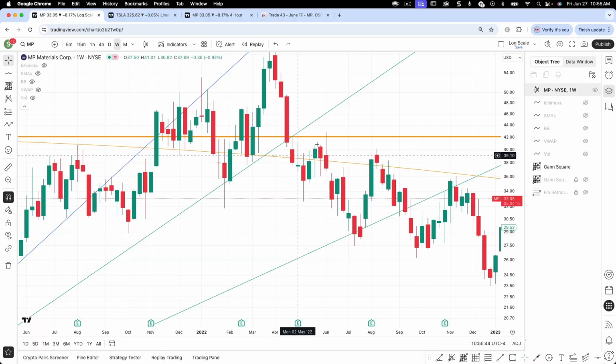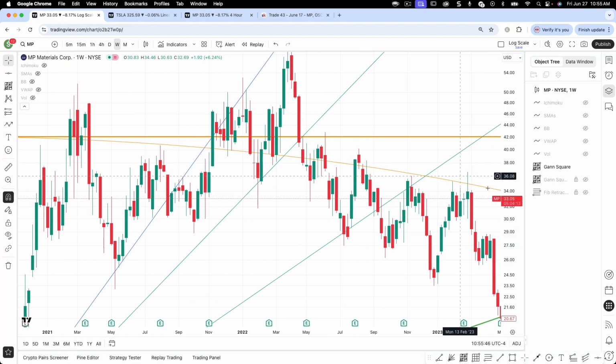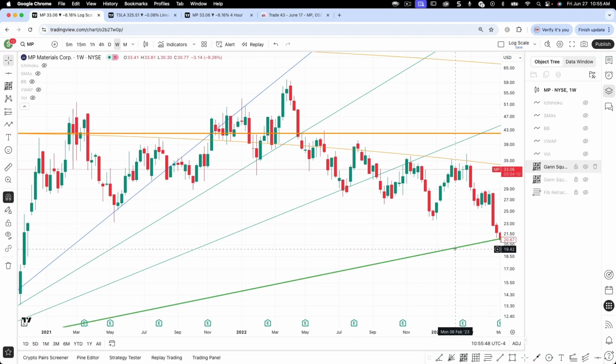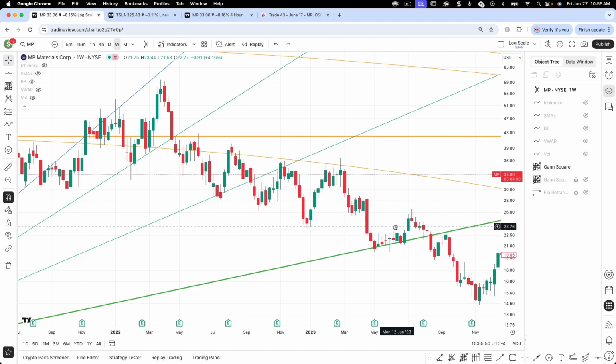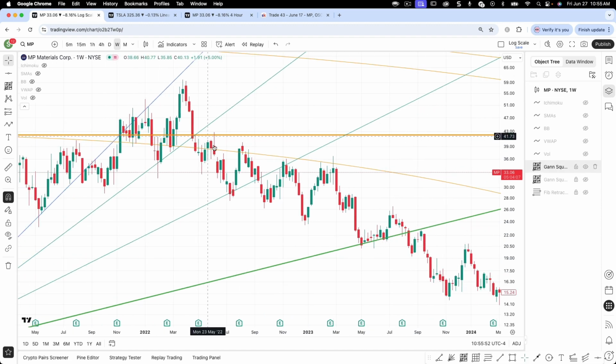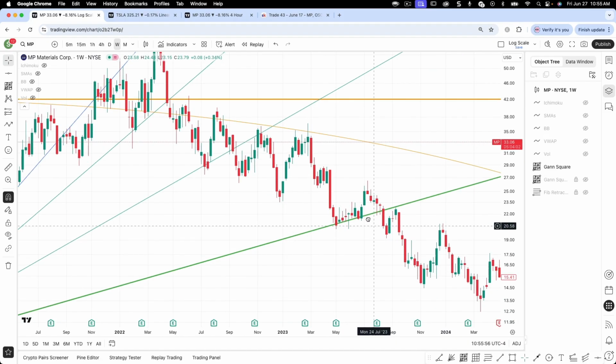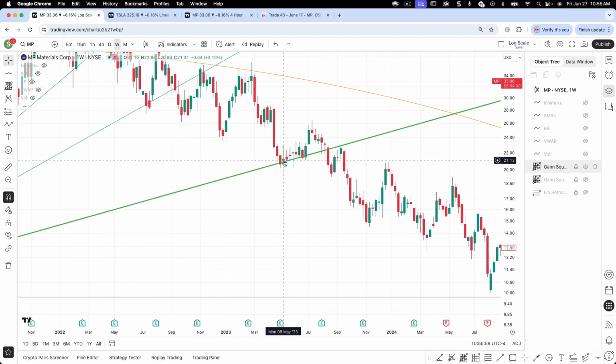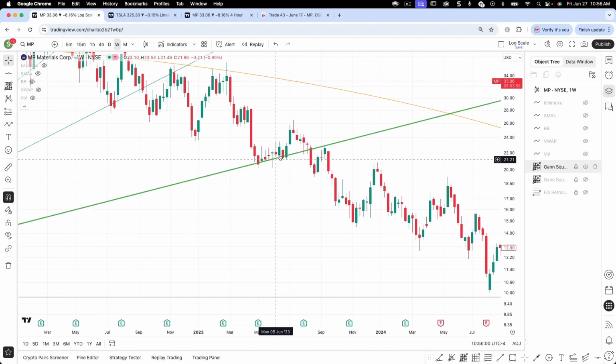So that's the GANN orange line there, indicating that we've got some market symmetry telling us that things are going to get rejected. And then you can see the stock falling back down and then met the 45-degree angle here as support perfectly for several weeks and maintain. But we got a bearish engulfing candle,